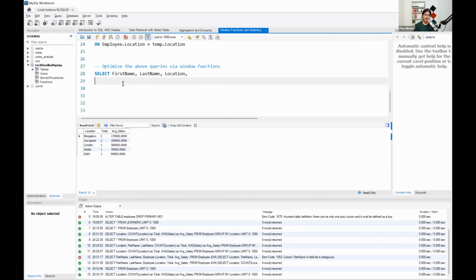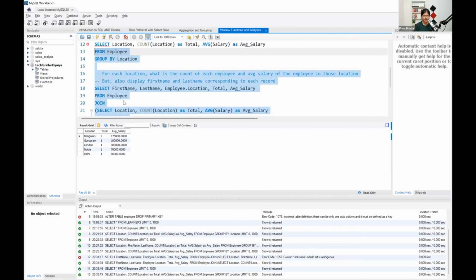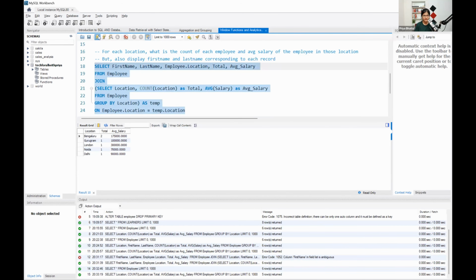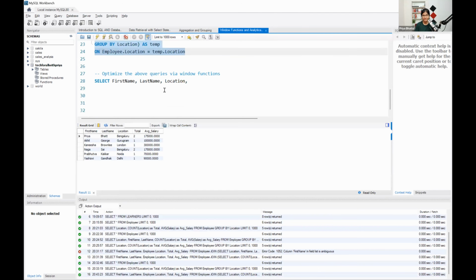Now, I want to count the location and make it an alias name as total, because this is the output I'm looking for. So I want first name, last name, location, and now I want total. So I will say comma, count of location